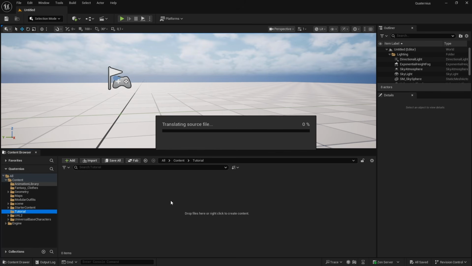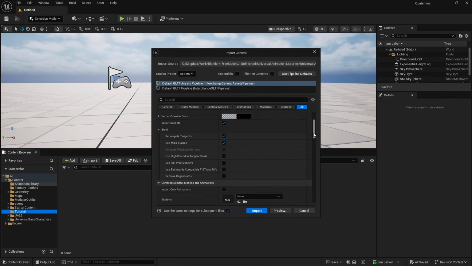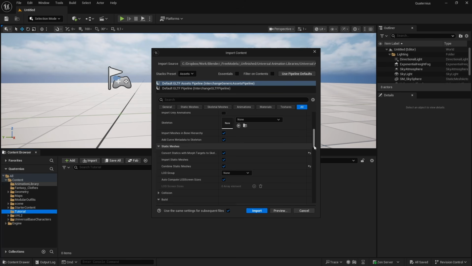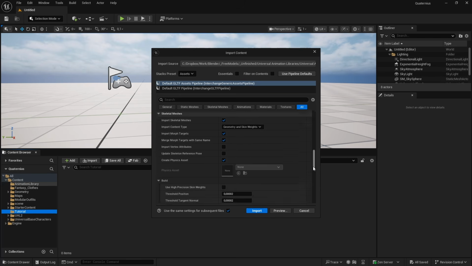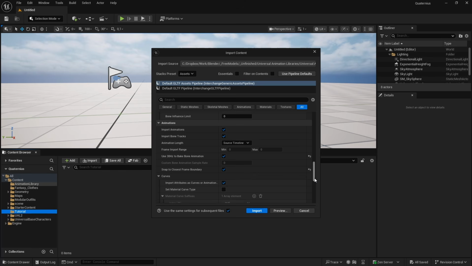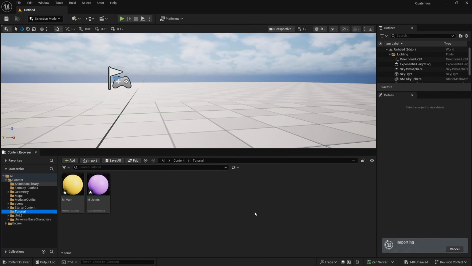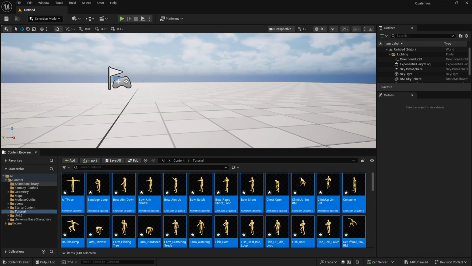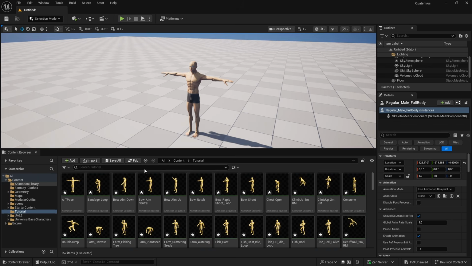In Unreal, the process is also very simple. When importing the library, make sure there's no skeleton assigned here. Sometimes Unreal can fill that in with another skeleton you have in your project. We're also going to make sure that we have import animations turned on, as well as this use 30 Hz to bake animation and snap to closest frame boundary. Since the library has been animated to 30 FPS, these settings just make sure that you don't have any weird jitters or frames. After we have the library and our destination model imported, we just need to